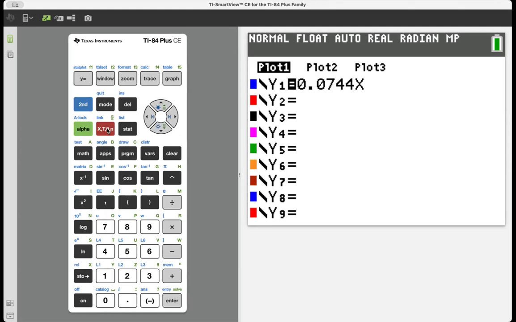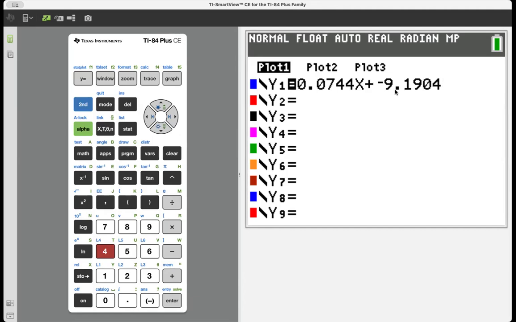I want to show you that you can do plus and then a negative 9.1904. And I'm going to graph this, but I'm also going to show you that it will be the same thing as typing in